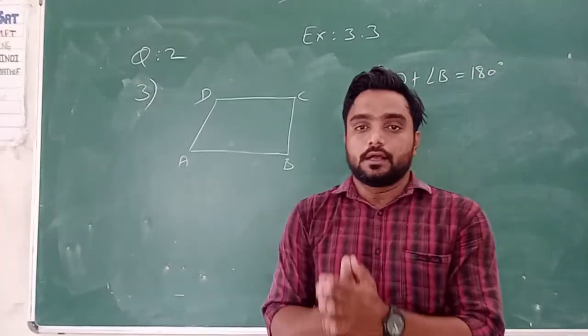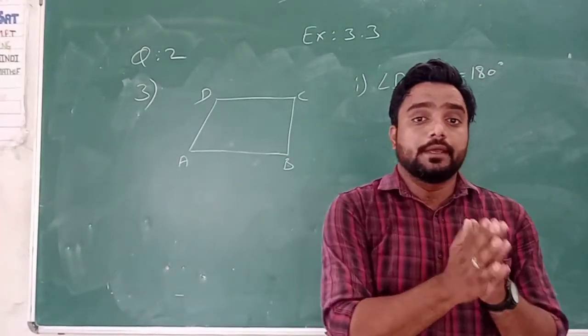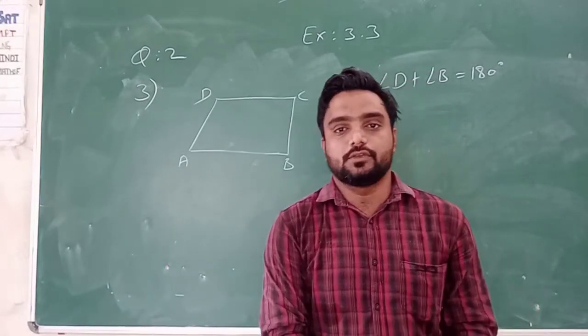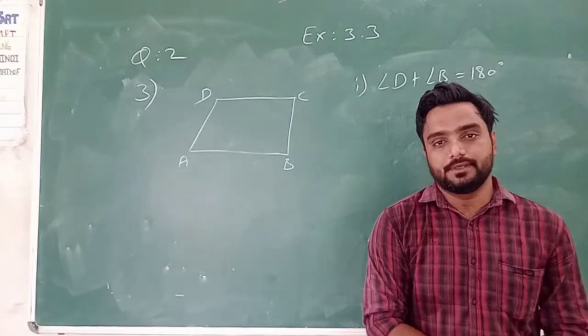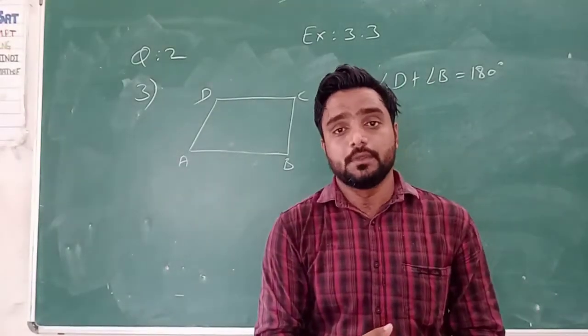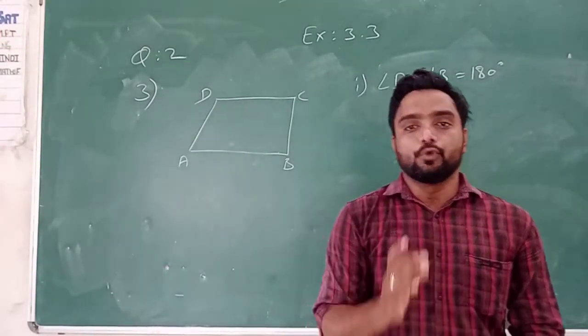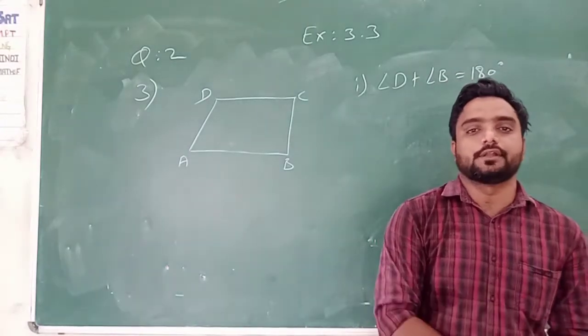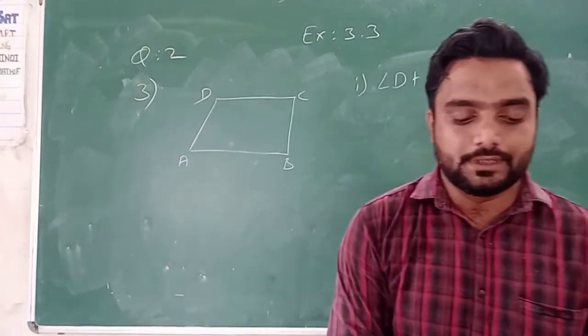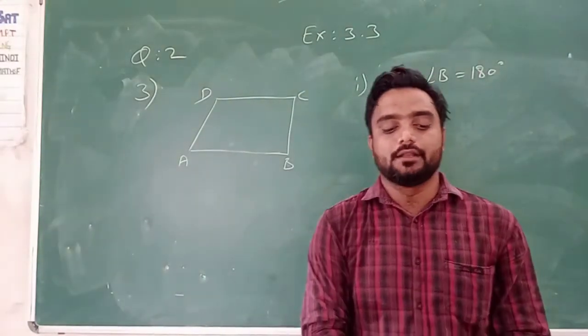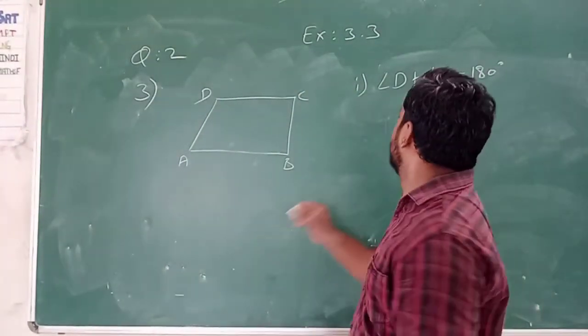Okay, लेकिन अगर कोई भी quadrilateral parallelogram है या नहीं है, वो हम किस तरह क्लियर कर सकते हैं? On the basis of, हम किस तरह प्रूव कर सकते हैं? On the basis of the properties of a parallelogram. अगर parallelogram की properties true होती है, so we can say that quadrilateral has a parallelogram. Understand or not? So the first thing given to you that angle D plus angle B is equals to 180